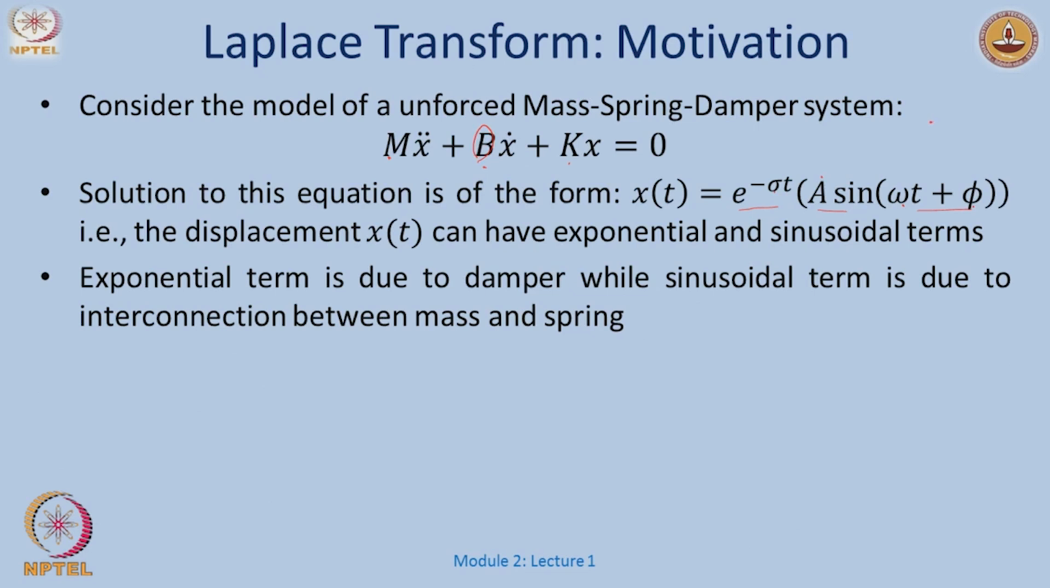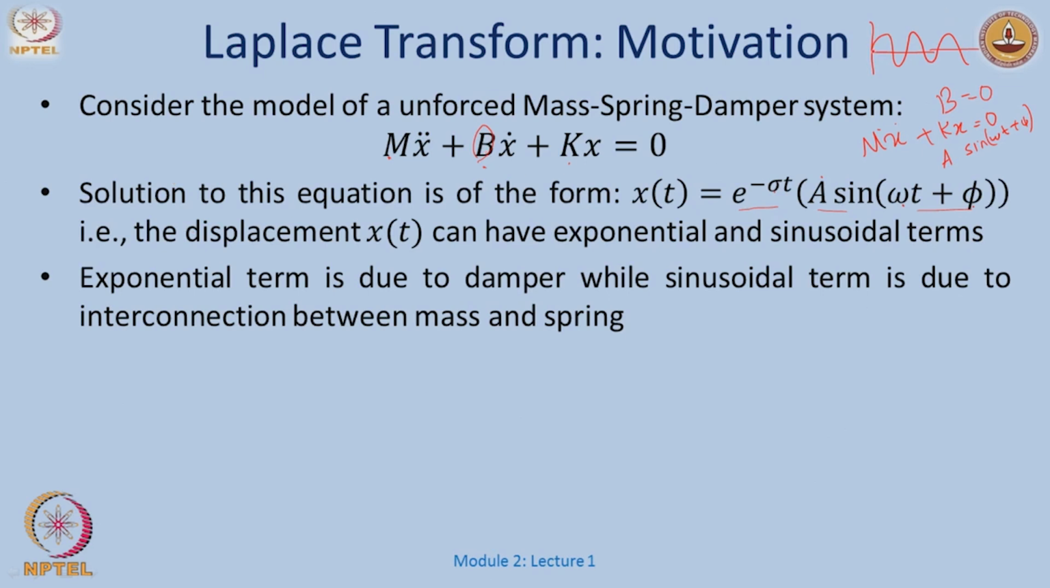So, if b goes to 0, then I will have a system which is m x double dot plus k x equal to 0, which we know has a solution of the form a sin omega t, possibly with a phase shift or not, right. So the solutions will just look like periodic ones, right, these ones. And this has a nice physical interpretation also, right, that if there is no damping in the system, then